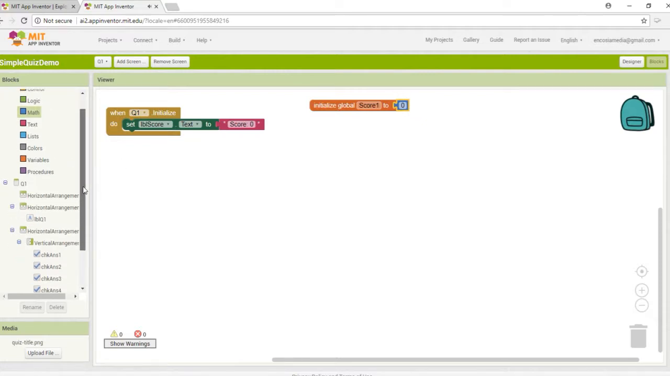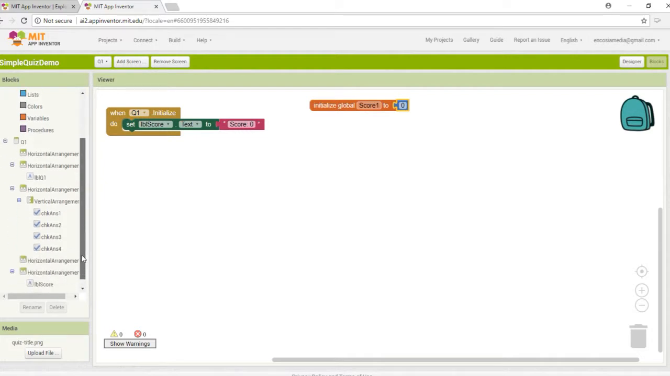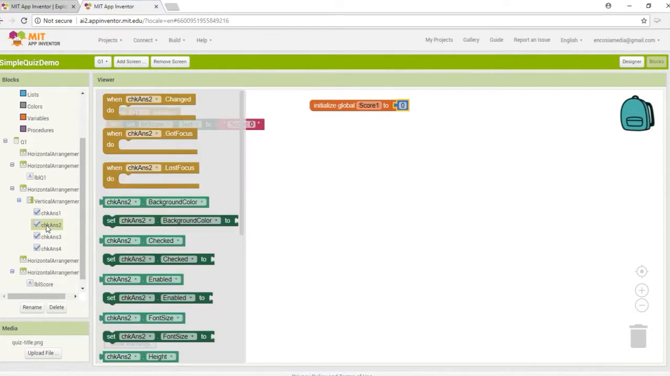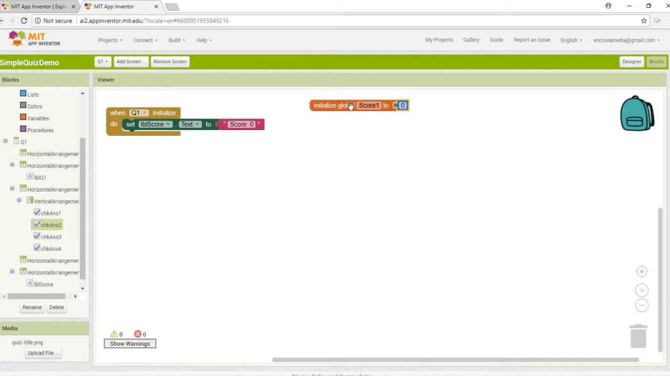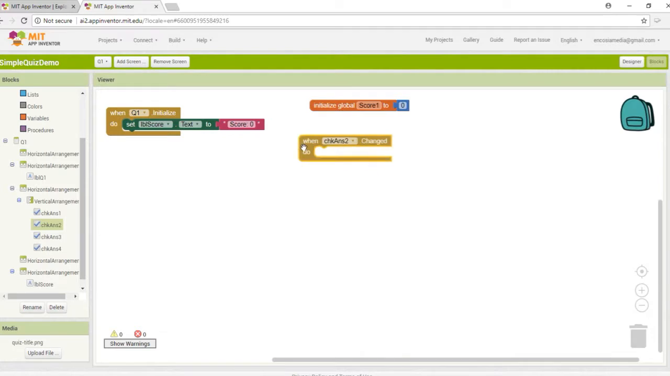And next, I'm going to have my event. So the event is when the user clicks this here, it's going to add 1 to this variable and then put it into the LBL score. So the click answer 2 is changed. What I want to do is